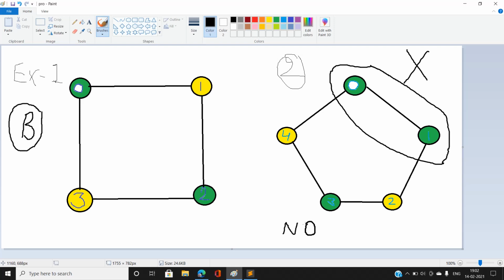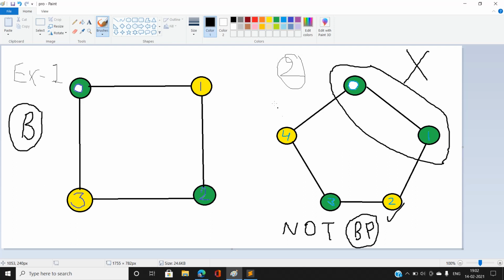So if we find, for any of the connected components, that there is a cycle present in the graph for this connected component and the cycle length is odd, we can say the graph is not a bipartite graph. Let me denote with BP. Okay, the graph is not a bipartite graph in this case. So we have a keen observation, that is, we have to find a cycle of odd length. If this exists in any connected component of this graph, then we can say our graph can't be a bipartite. Otherwise, in every other case, our graph would be a bipartite.